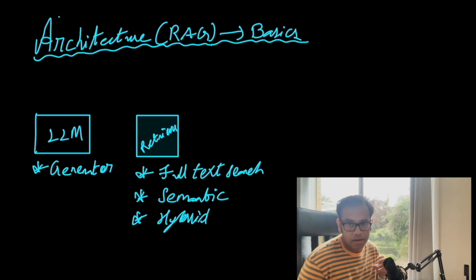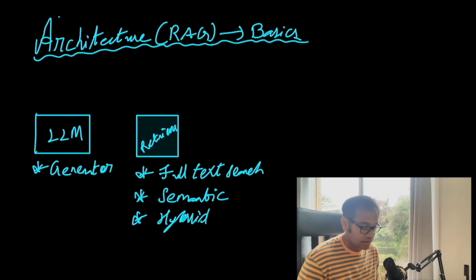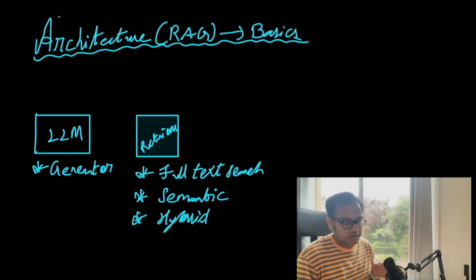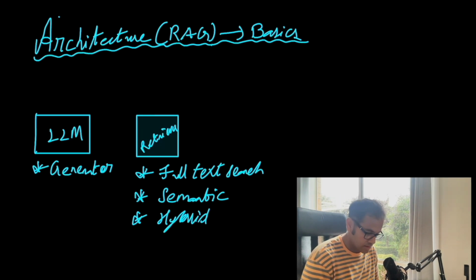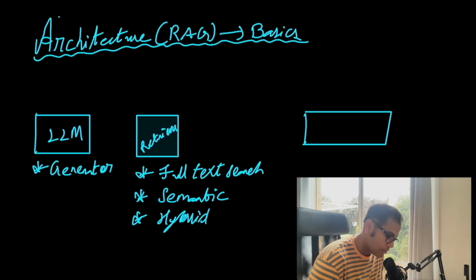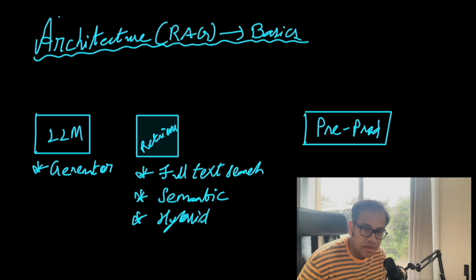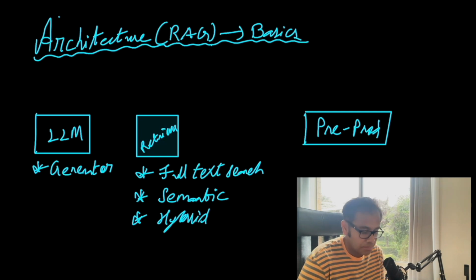Now we have an LLM, we have a retriever. What else do we need? The third thing that I try to think about is what I call the pre-production stage. Pre-prod is a stage where we get our retriever in shape so that it's able to get us the information, the context that a large language model might need at runtime to give a right answer. So at the pre-production stage, things that need to be done are